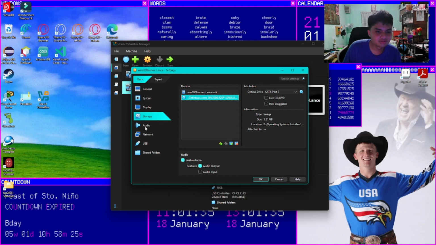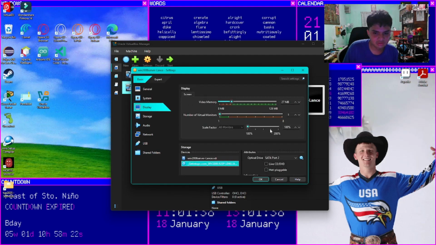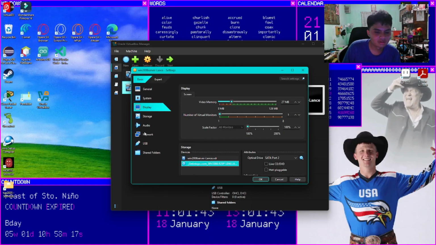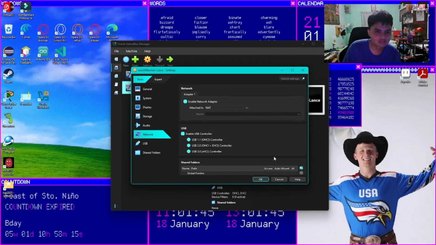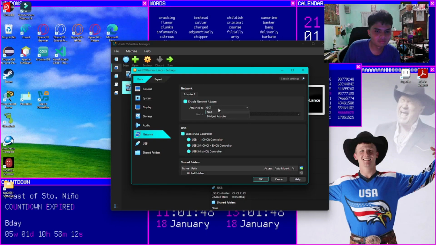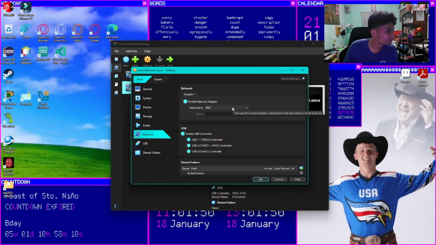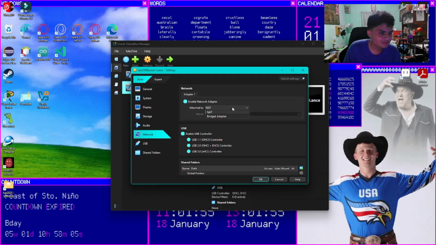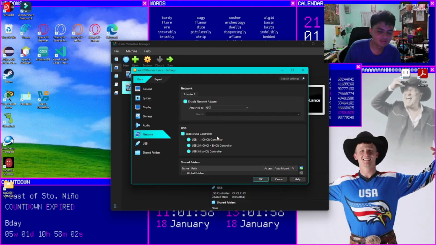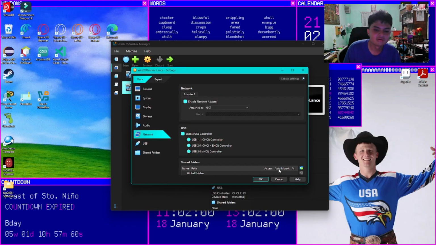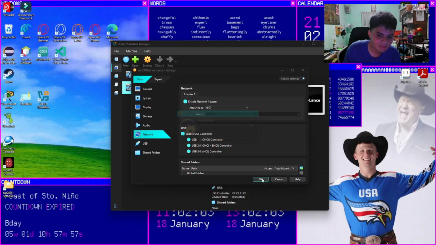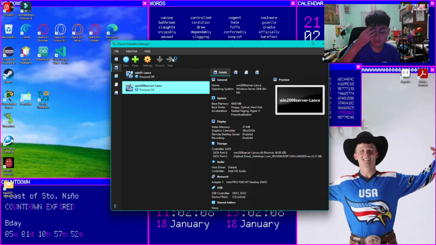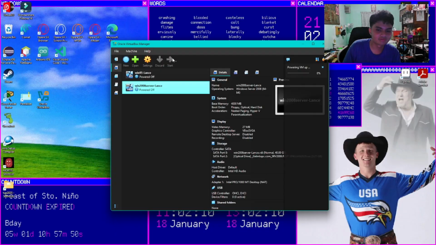Next, afterwards, check for display. It's 100%, so that's right, and you can make it 200 if you want to make it larger. Then afterwards, go to network. It's considerably better if we use an internal network, but since I don't have an internal network, I'm using a NAT for this demonstration. But it's better if you use an internal network. So just press OK, and then start the virtual machine so you can install Windows 2008 server.